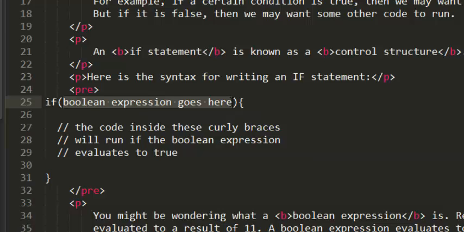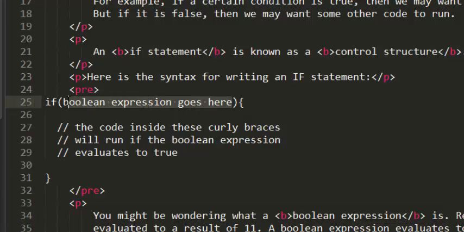Now we'll talk about what a Boolean expression is, but don't worry, it's not that bad. So we start out with if, and then inside of the parentheses after if we put in a Boolean expression, and then we've got curly braces. Right here on line 25 there's our opening curly brace, and then its matching closing curly brace down here on line 31. All of the code that's in between those curly braces is the code that's going to run if our Boolean expression